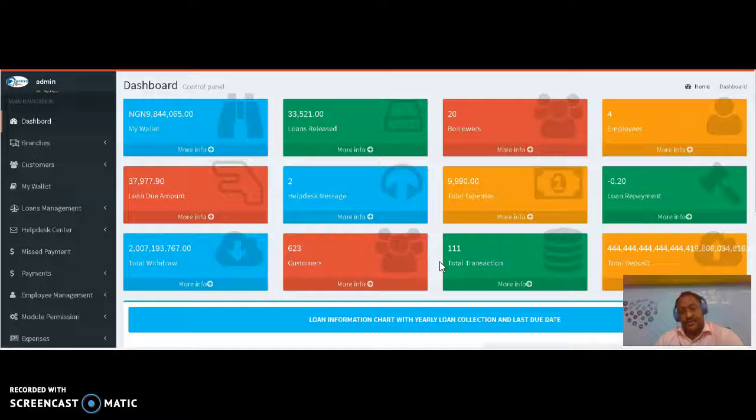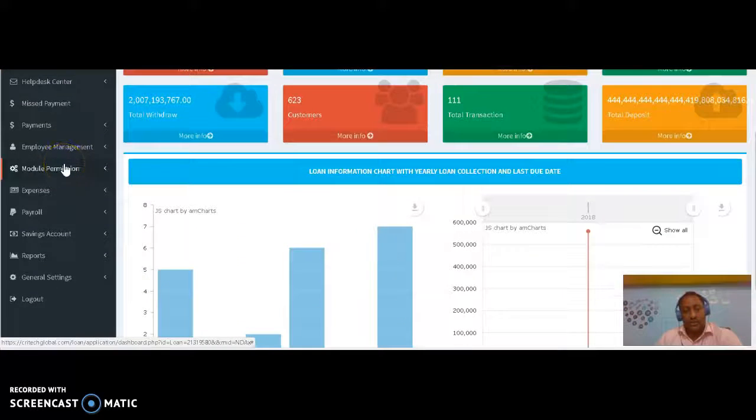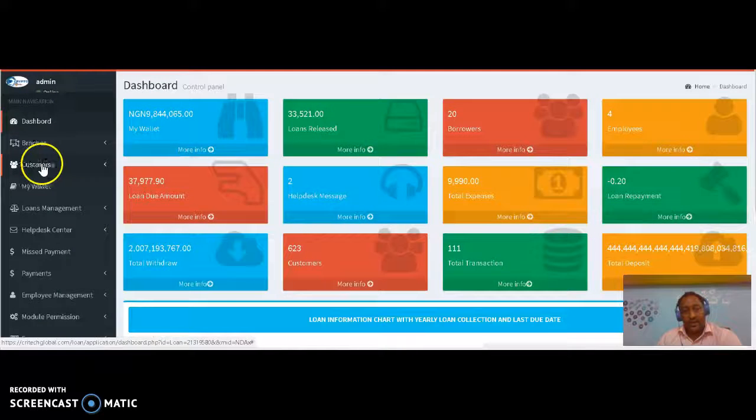We are an IT company which specializes in web application and software development. I'm here to explain to you about our latest web CRM or CMS for loan management system. The system is very nice and it has a lot of options. We are going to give you a small demonstration of what you can do and how it can help you to manage